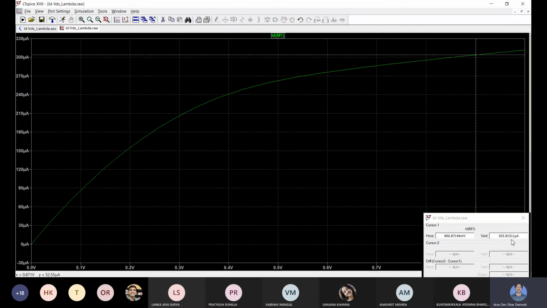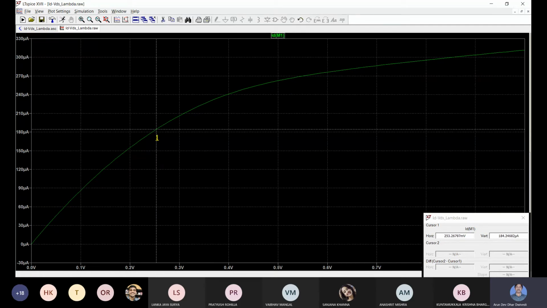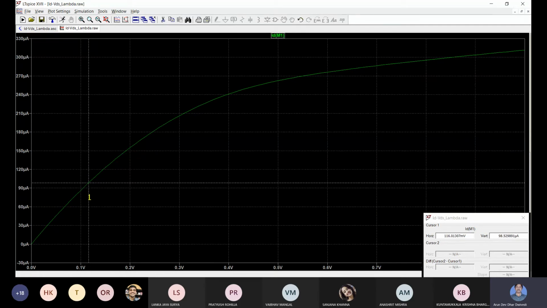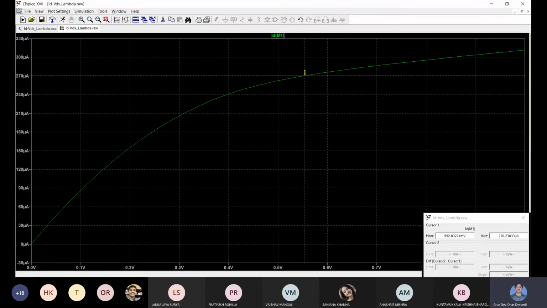We can use this facility, that marker, we can choose cursor, and by moving this cursor anywhere, the intersection of these two lines, the vertical and horizontal line, is always on the plot.